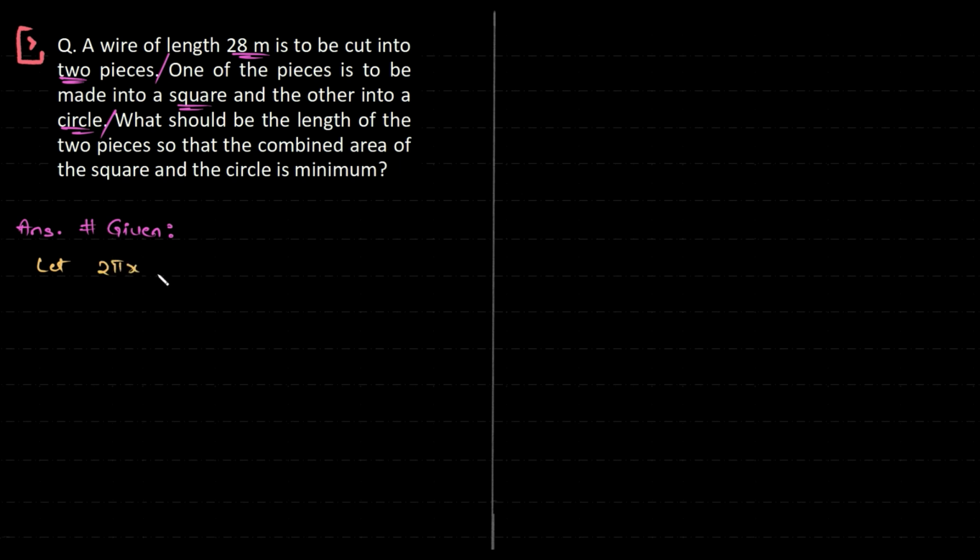Now I'm going to take the length as 2 pi x, or you can take it as 2 pi r and 4a, or if you want to go with x itself, we can do this as well. But why do you think I'm taking this set of values? You can go with x and y itself, but I'm going with this. Making the circle and the square